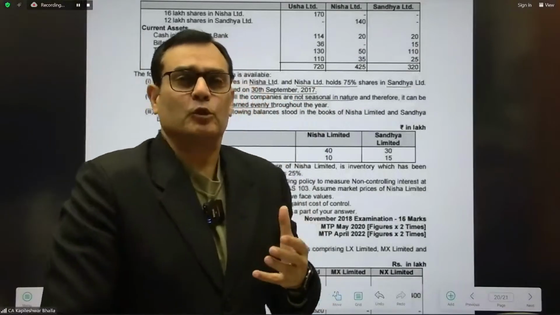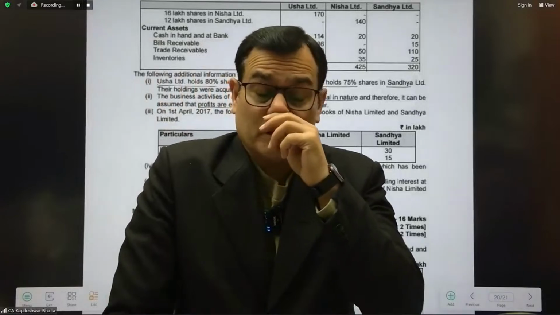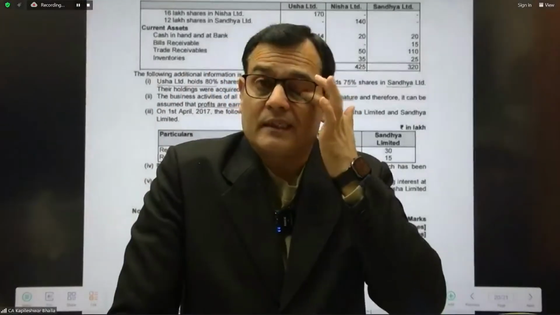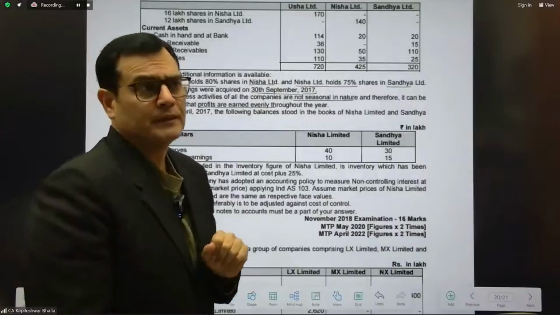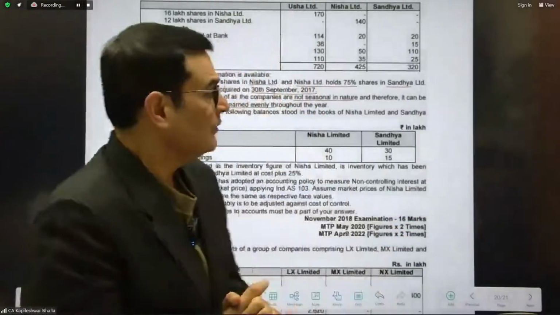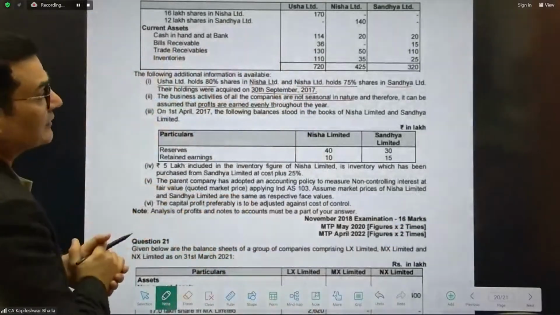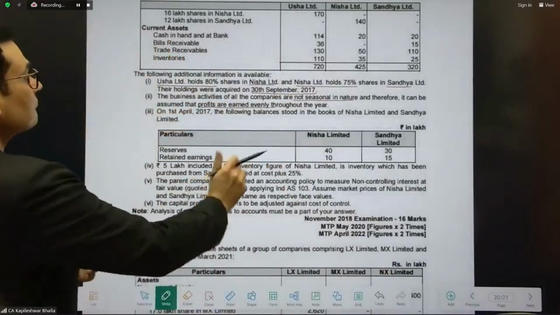Now, whenever we are doing the analysis of equity, we always take the presumption that we divide the increase in the time ratio, which indirectly presumes that all the profits are earned uniformly throughout the year. Without saying anything, it is an implied assumption that profits are always earned uniformly throughout the year. So it's just clarified that activities are not seasonal, and you can take the safe presumption.